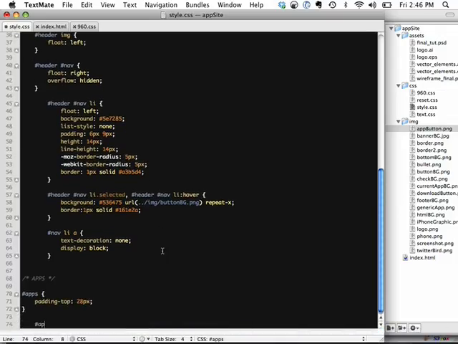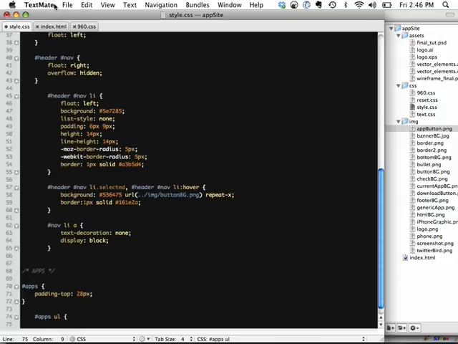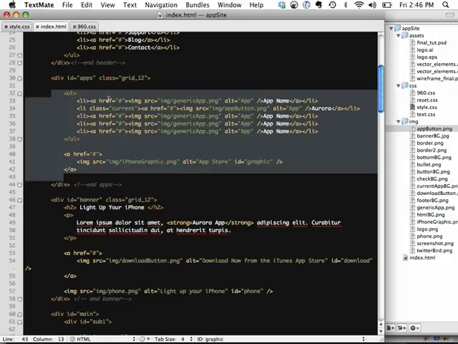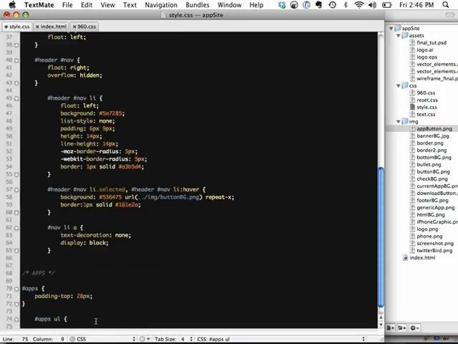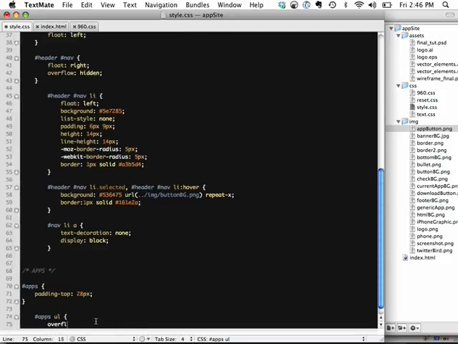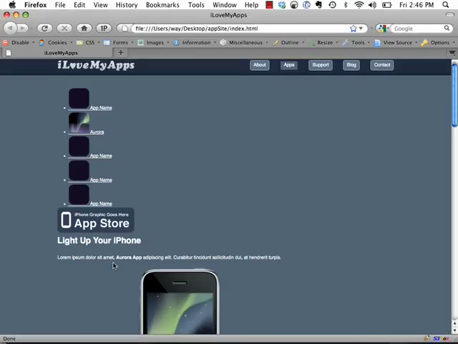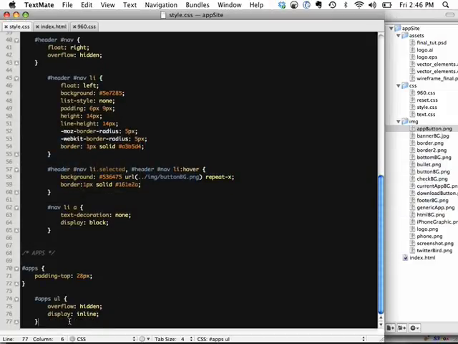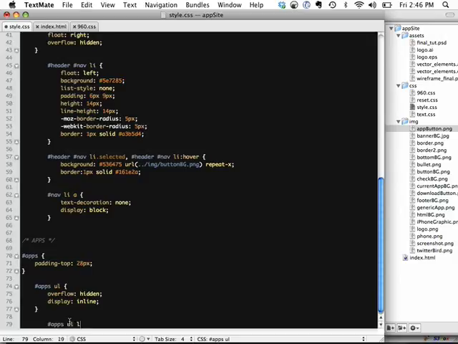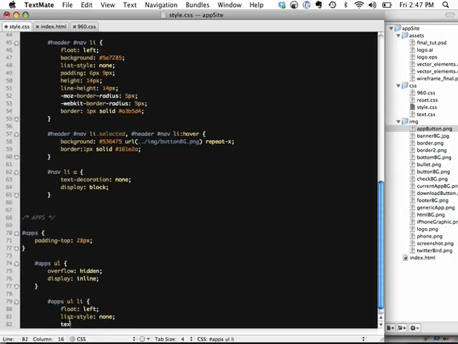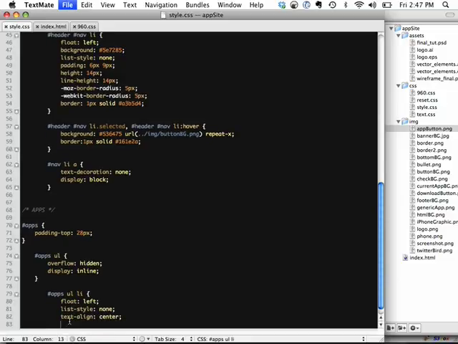Next step is apps UL, and if this would help you, we are styling this area right here. So we have an unordered list and then that little graphic. So apps UL, overflow hidden, once again because we're going to be floating the list items, and we're going to set the display to inline. Okay, so now let's go to the list items, apps UL LI, float each of those list items, set a list style equal to none. Text align, we're going to center the text within the list item,